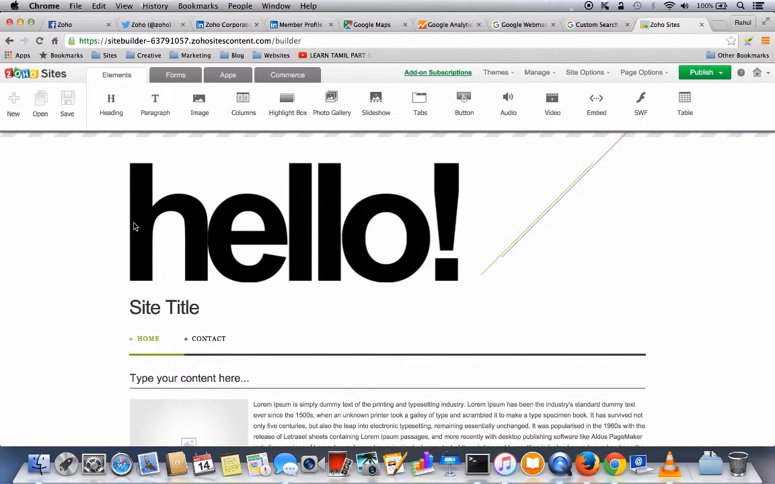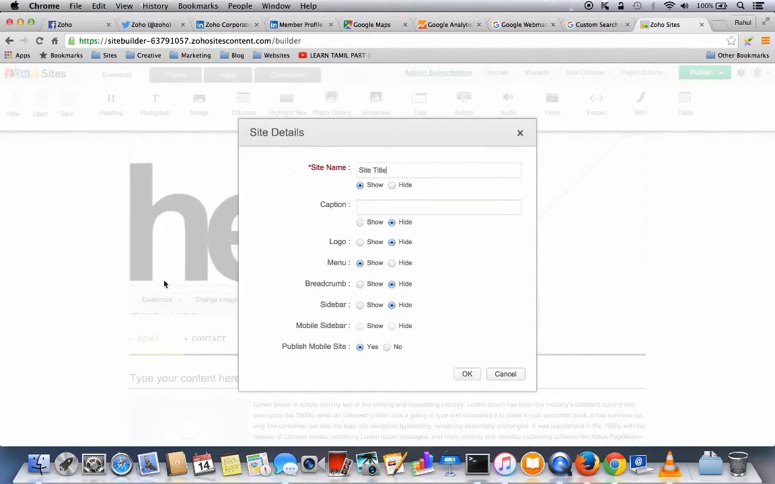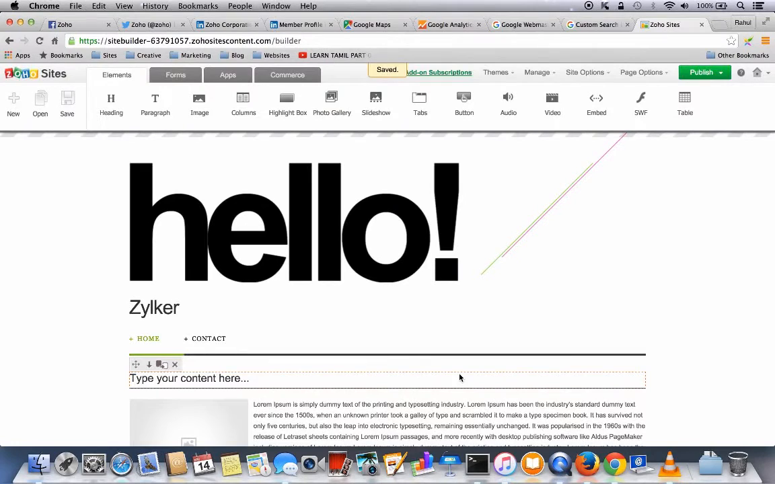Great, so even this site has two default pages. And let's also name this site. Okay. Now to add a new page, go to this new button on the top left corner of your builder,